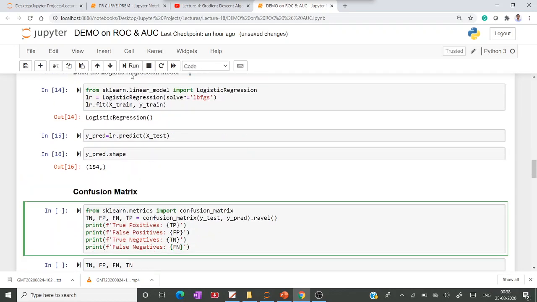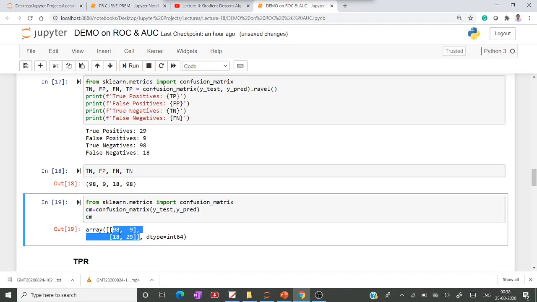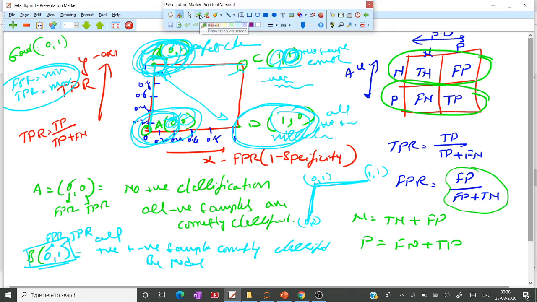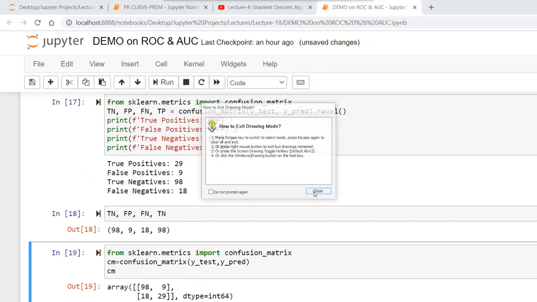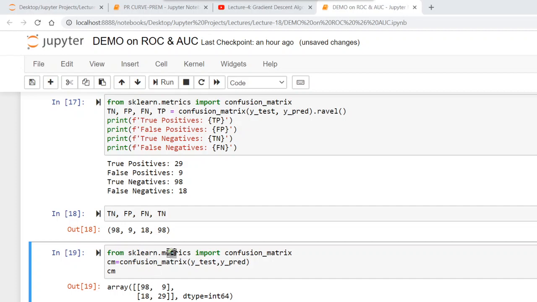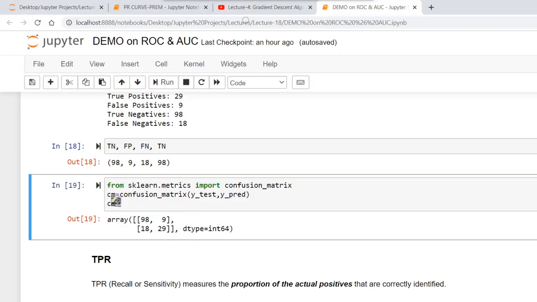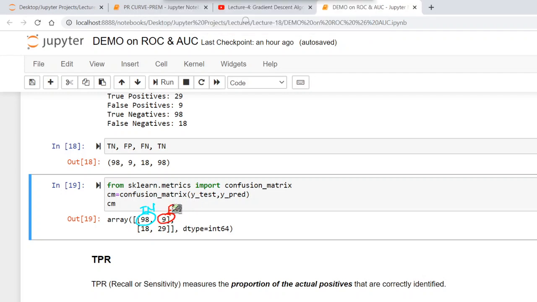Here is the confusion matrix. In the confusion matrix, this is the true negative, this is the false positive, false negative, and this is the true positive.